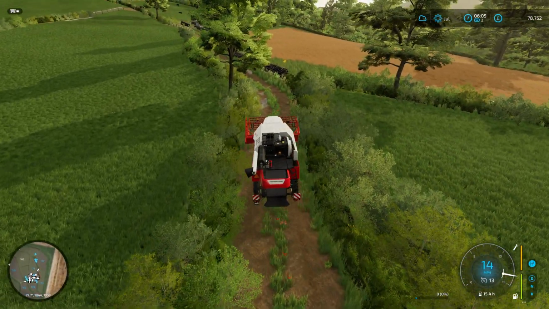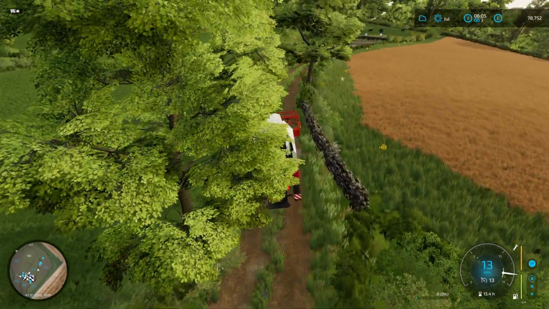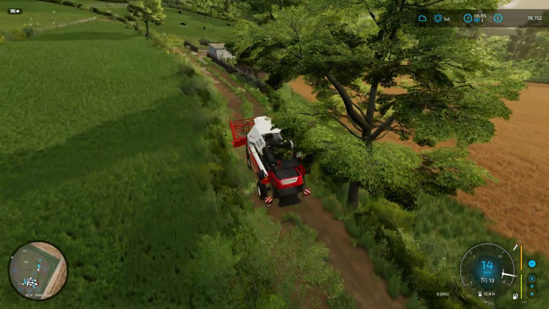Drives up here, lovely. What is with these textures? Just seems to be a very colourful day today. Seems a bit different on the colour. July has got us some really nice...